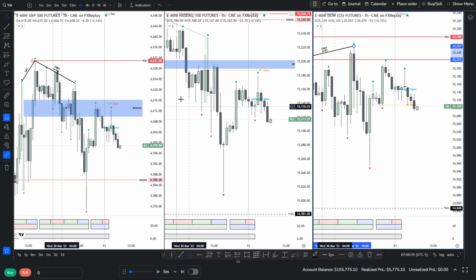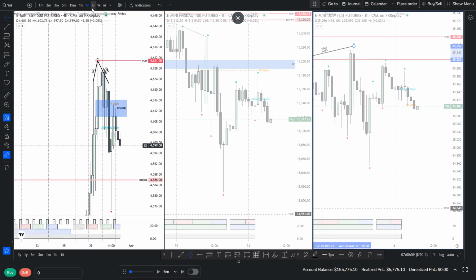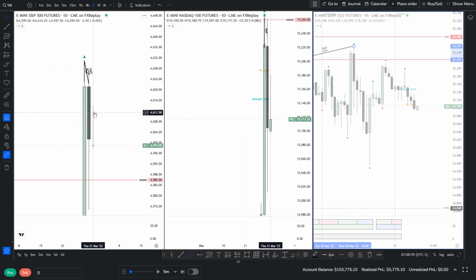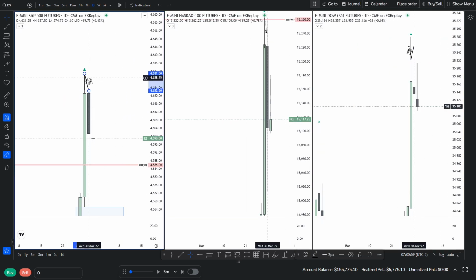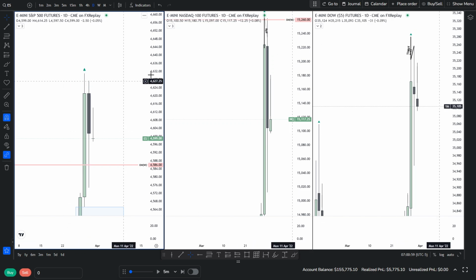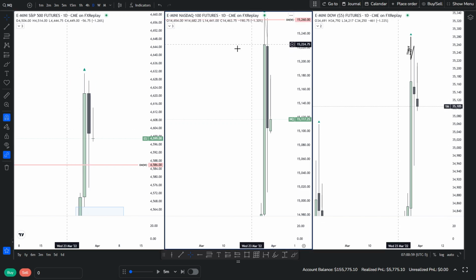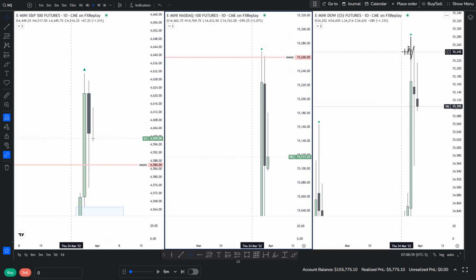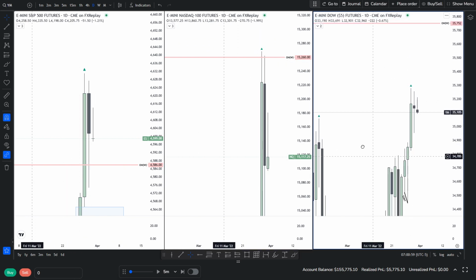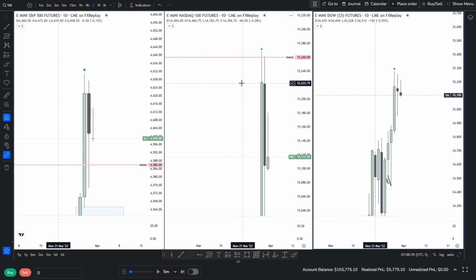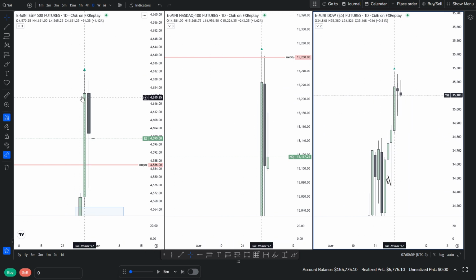Okay, so yeah, really good takeaway. So we're going to venture out, first off, to the daily. We want to see what we have. I'm going to take off the SMTs for now because what I want to do is have a look at what the market is actually doing at the highs, which I think is key. So we can see from a daily standpoint,